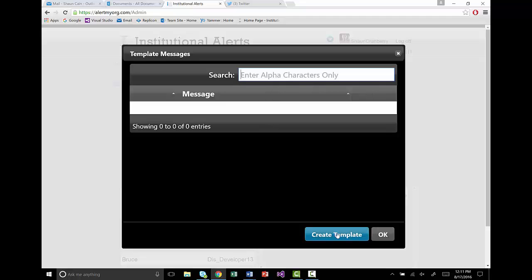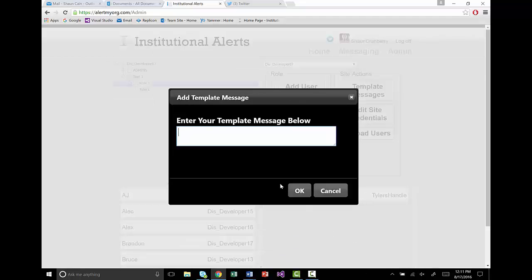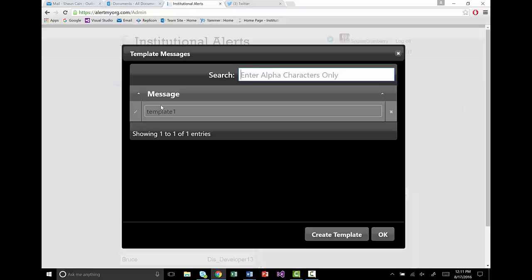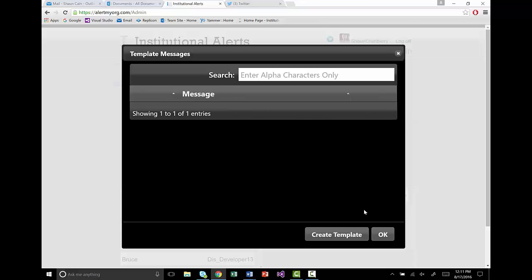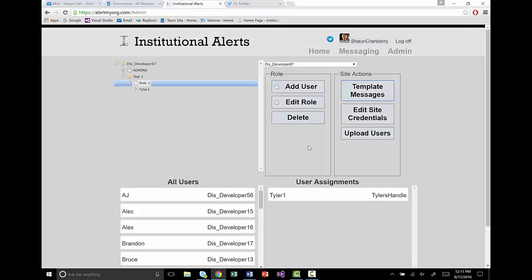This is template messages. So if you click template messages, you have the ability to create template messages as we showed on the home screen, which easily populate the table. You can either delete them or edit them. So if you click edit, you can just type in what you want and make sure to hit enter while you're still in the text box to get that change. So we'll delete it just to show. And then hit OK. And those are all the features within institutional alerts